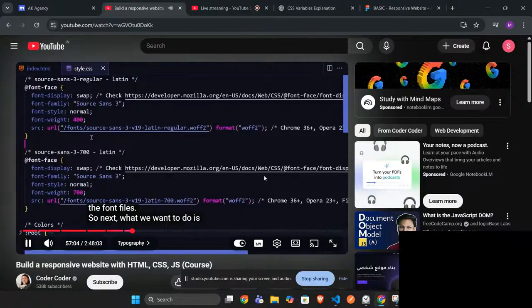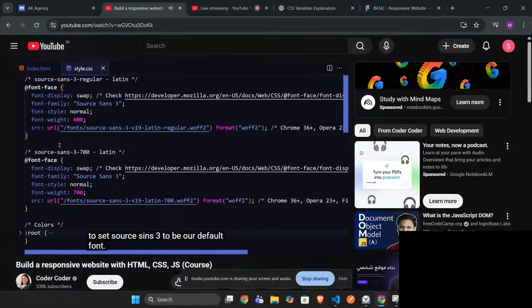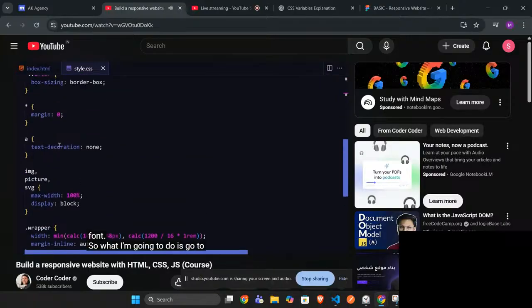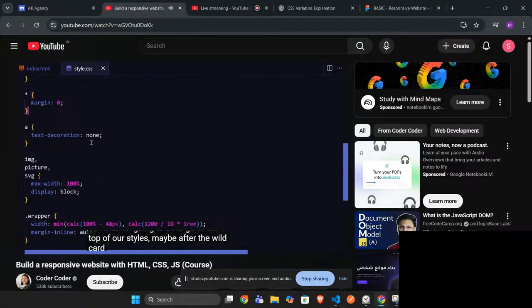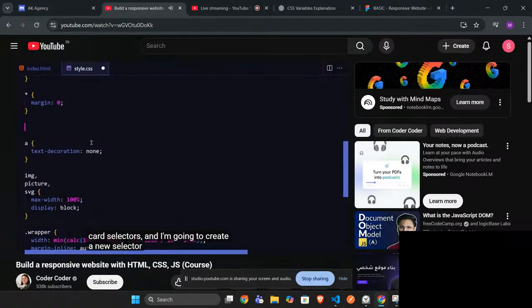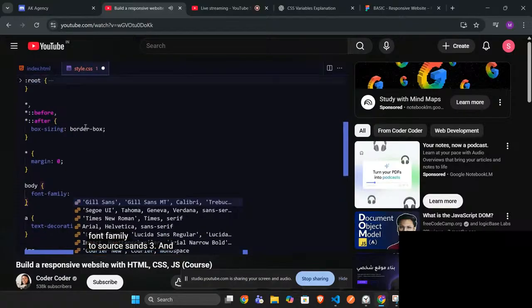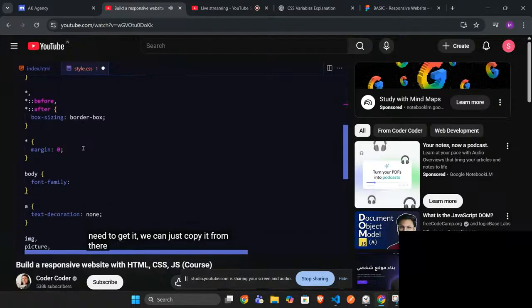what we want to do is we want to set Source Sans 3 to be our default font. So what I'm going to do is go to the top of our styles, maybe after the wildcard selectors, and I'm going to create a new selector for the body tag. And in the body tag, I want to set the font family to Source Sans 3. And again, if you need to get it, we can just copy it from there and